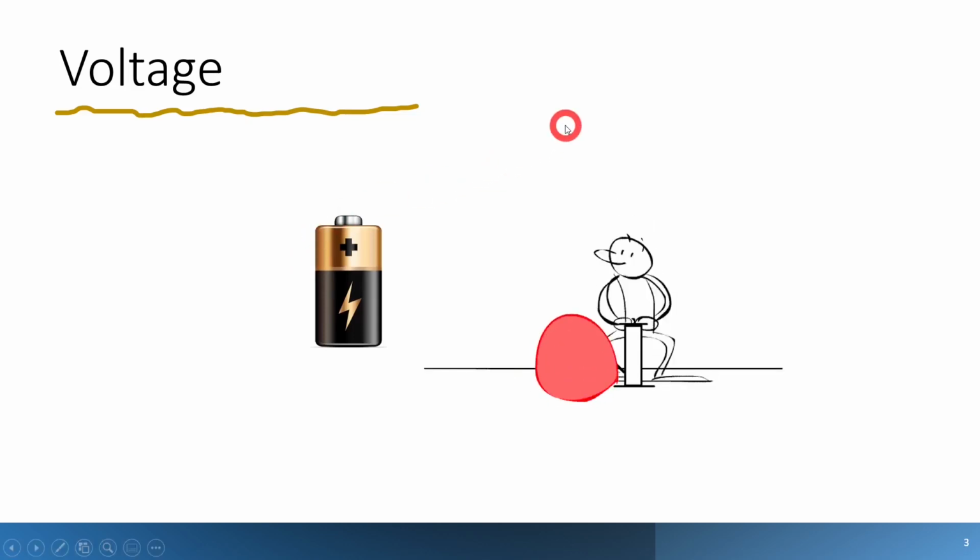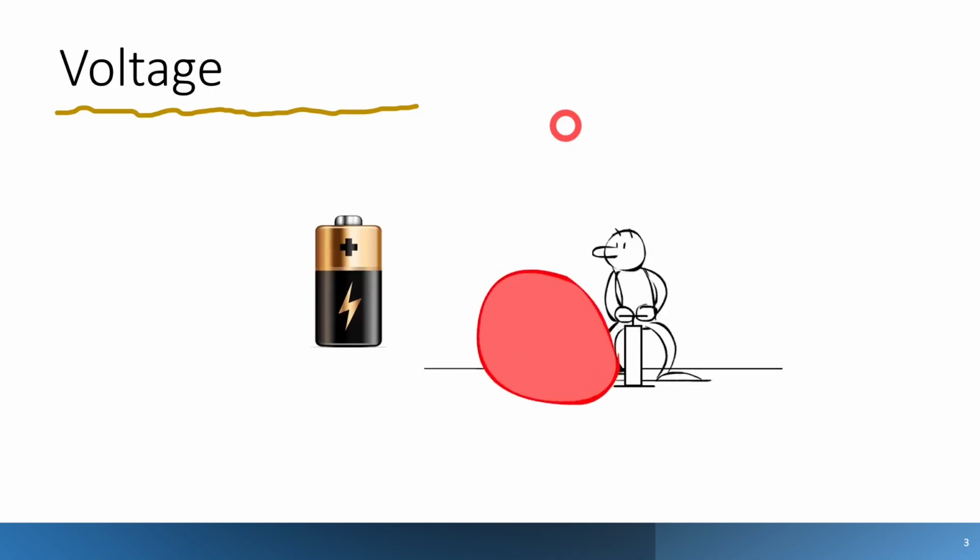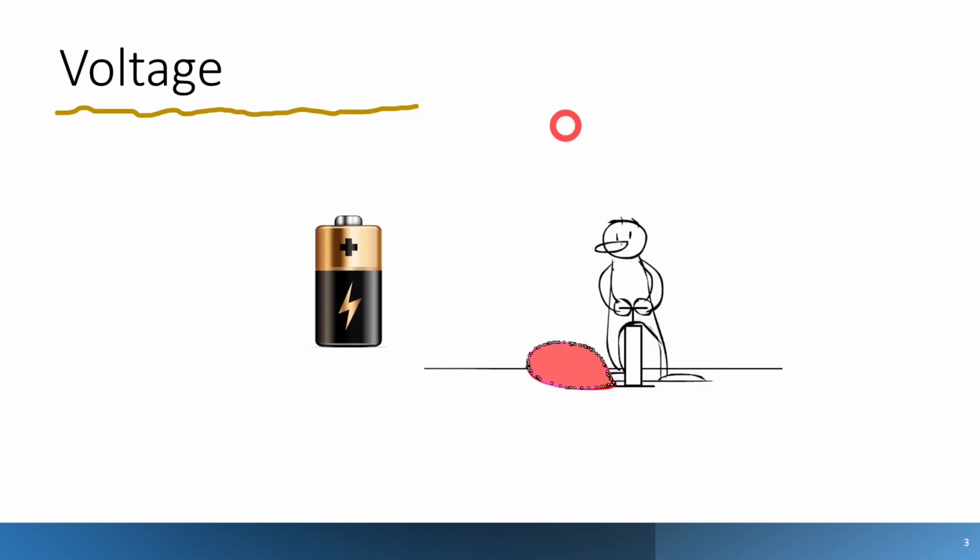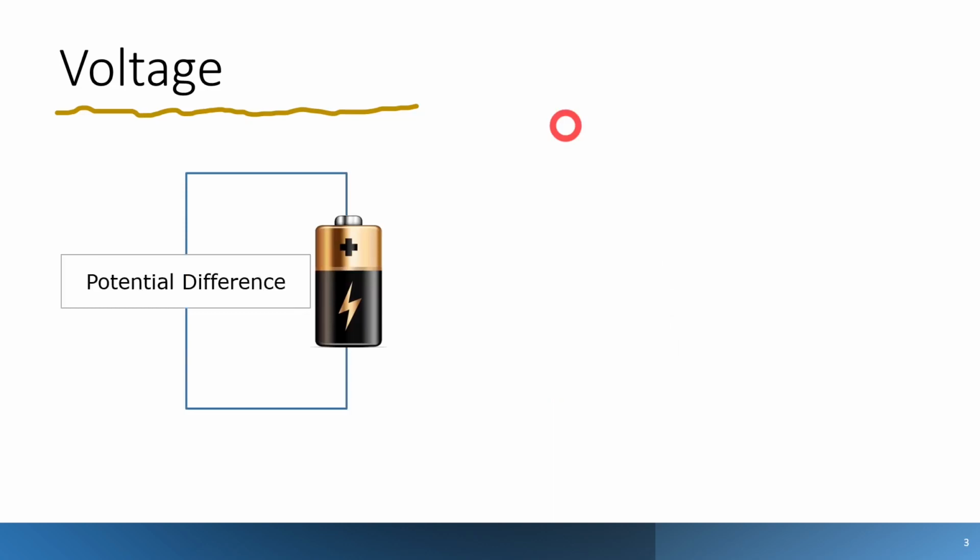So a voltage, we used in a previous slide an example of it being like a water tank. Well, it could also be viewed like a balloon, that you blow up a balloon and it has a potential pressure inside of it that if we release the air out of the balloon, we can do something with. But we have a potential difference in a battery. Comparing it to the balloon, the difference in pressure would be the pressure inside the balloon compared to the pressure outside the balloon. In a battery, it's the difference between the positive terminal and the negative terminal, and we call